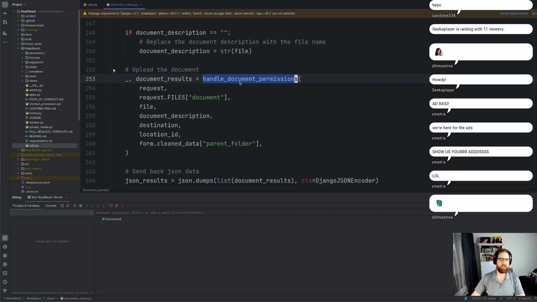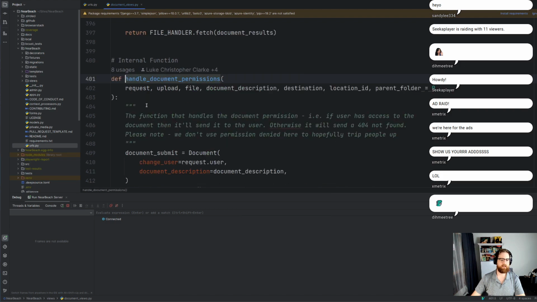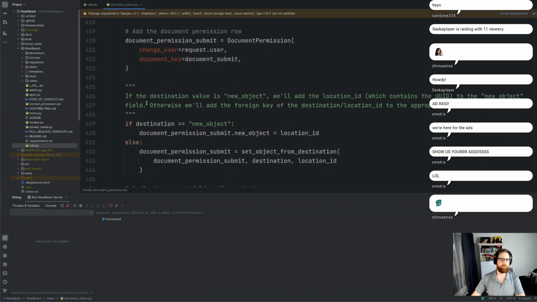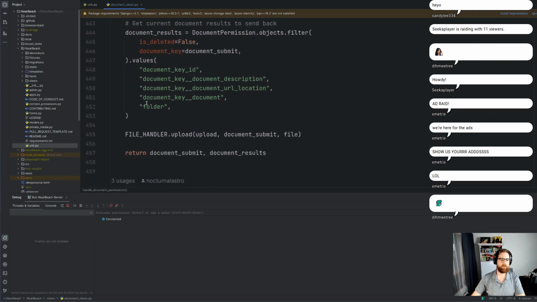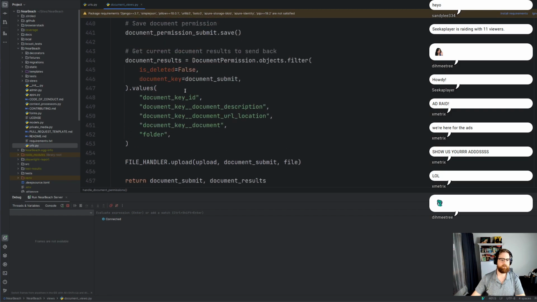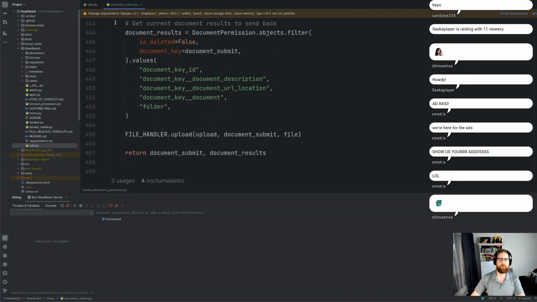I think it's in here. So if we go into here, I think this is where, maybe not. Oh wait, that's doing the,